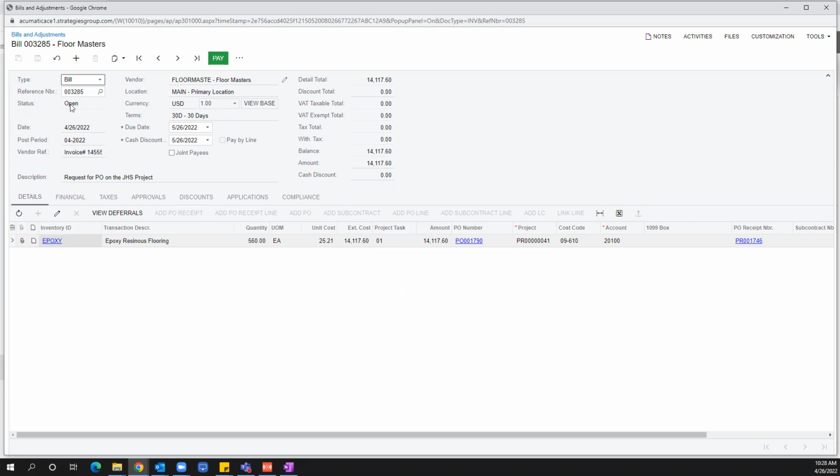That is phenomenal. So just as a quick recap, in one step, we created a purchase requisition, which automatically created a dropship purchase order. It automatically created a purchase receipt, and it automatically created an AP bill in the open